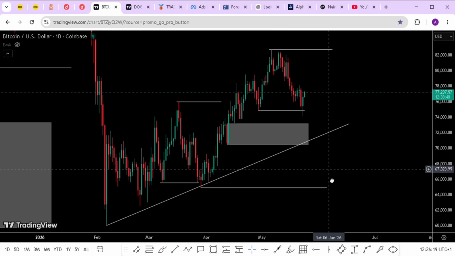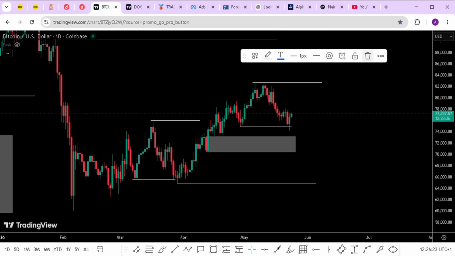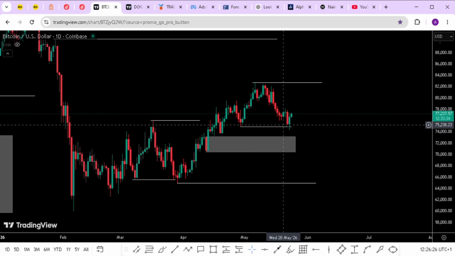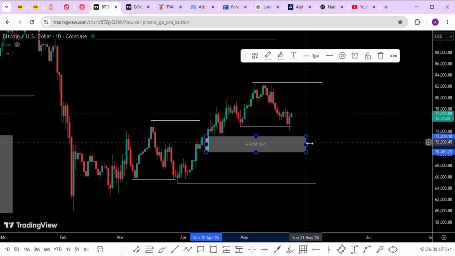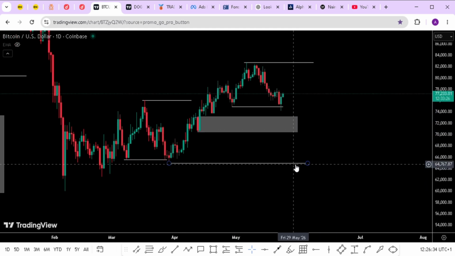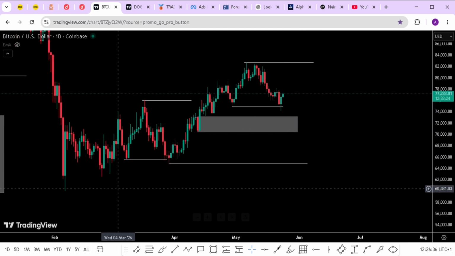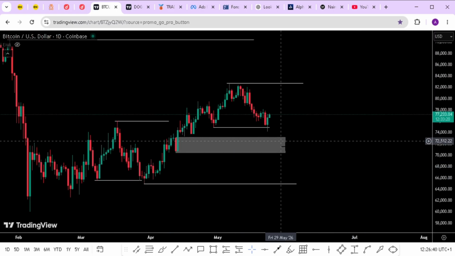In terms of the way we analyze the market, if you look at it that way, then this inducement has been taken out. If market pushes up and comes here, this is going to be another opportunity. But if this one fails, then there's a tendency that this low is going to also fail, and we cannot target the extreme low. But if you want to look at it, we can go to 1 hour like this